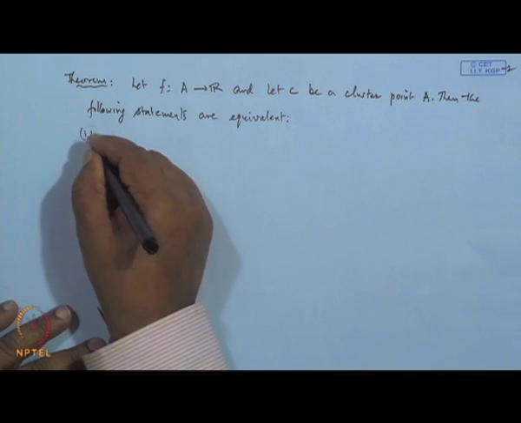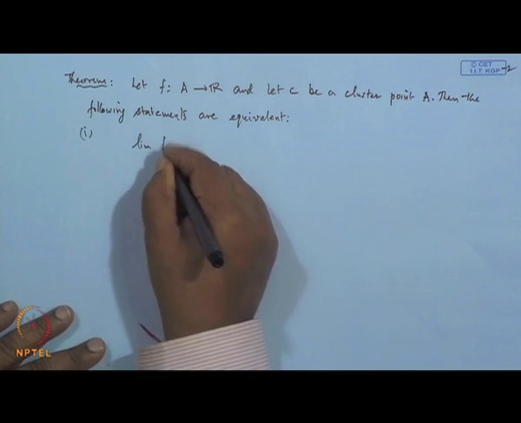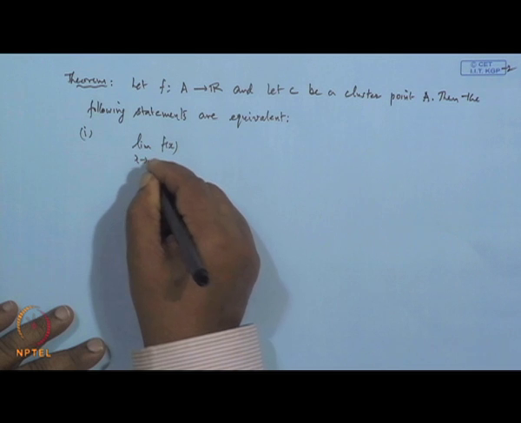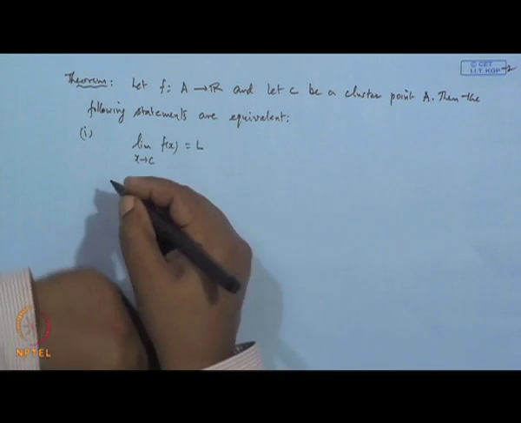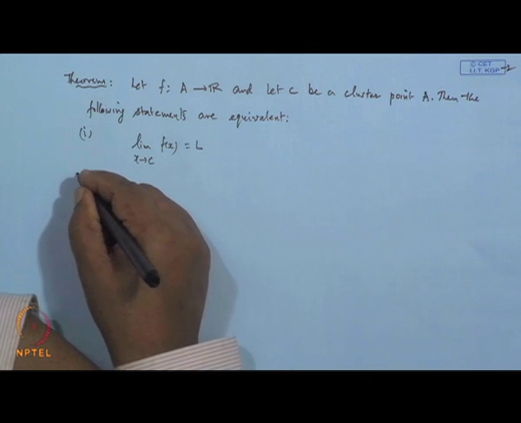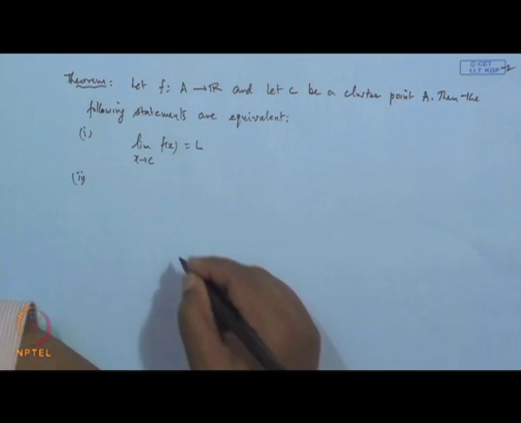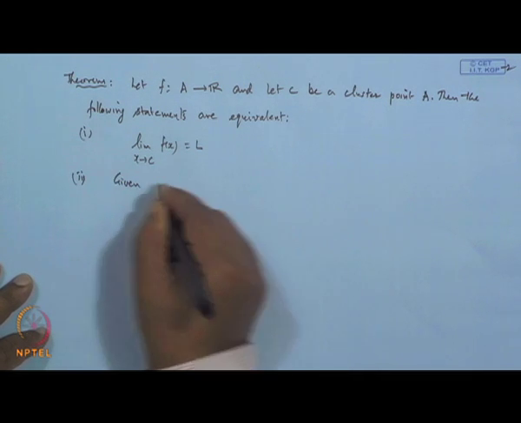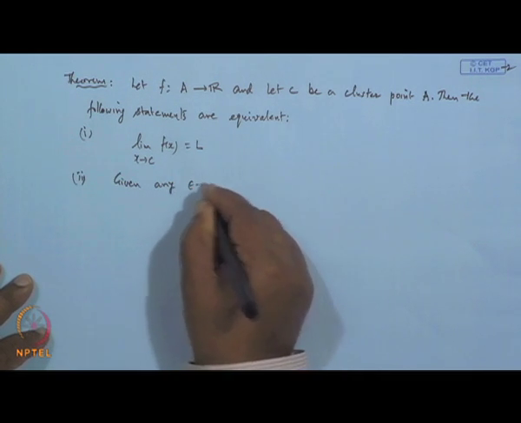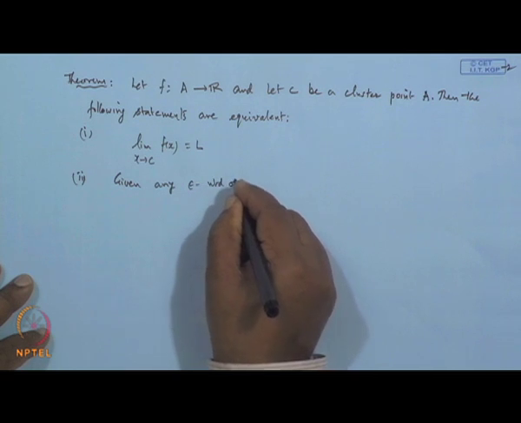The first statement is that the limit of the function f(x) when x tends to c is L, and the second statement says: given any epsilon neighborhood of L,